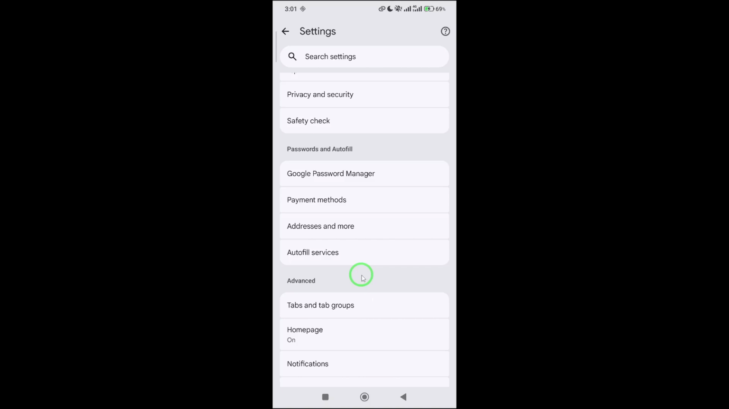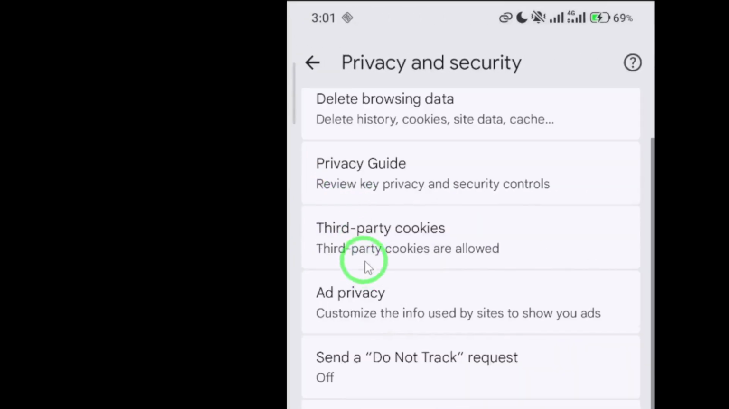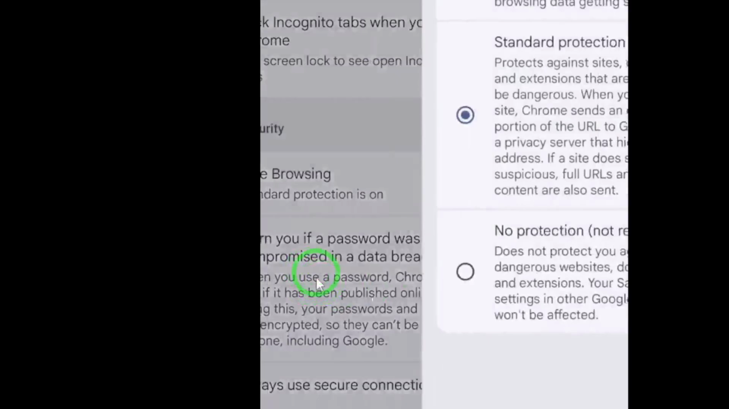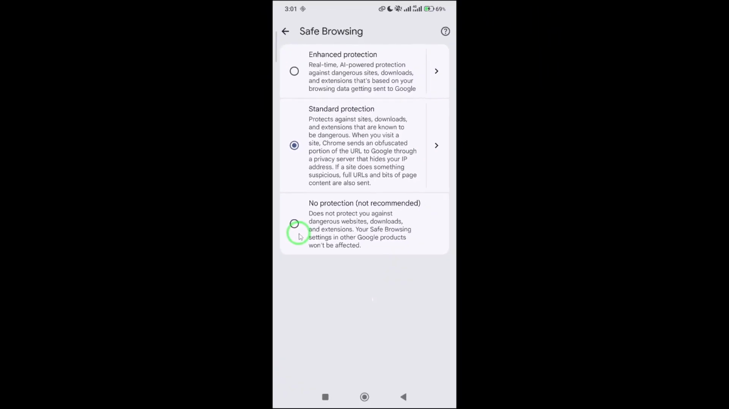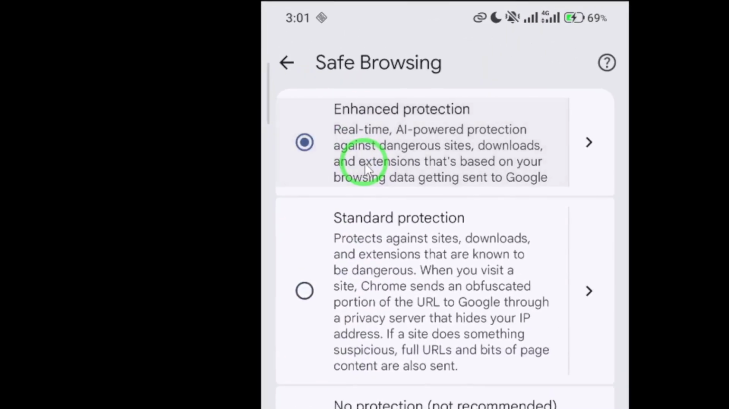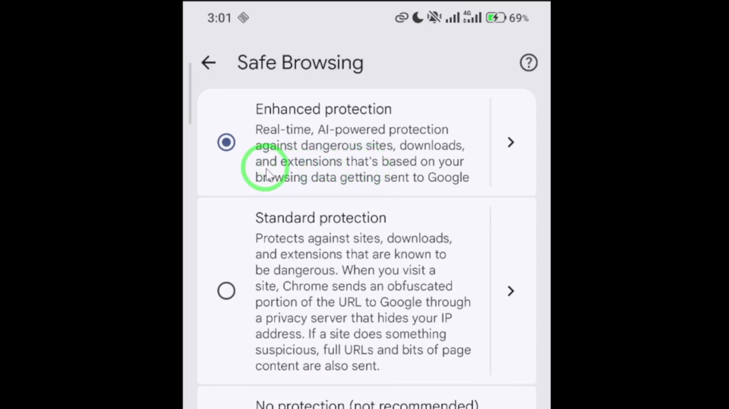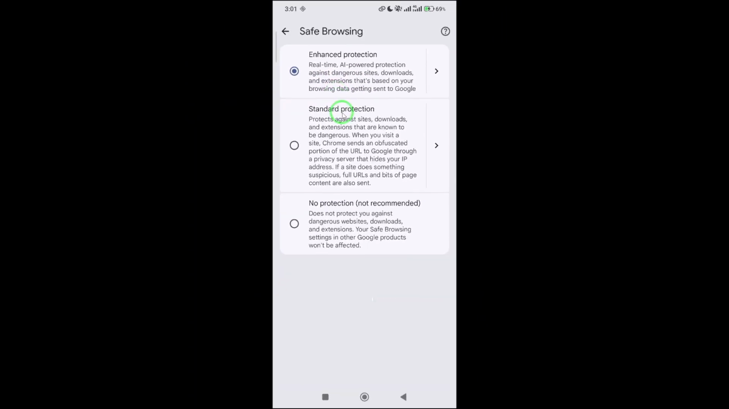Inside Settings, find and tap on Privacy and Security. This section is important because it gives you control over how your data is handled and how safe your browsing experience is. Next, tap on Safe Browsing. Here you'll see different levels of protection that Chrome offers to keep you safe online. Now choose Enhanced Protection. This option provides the highest level of security. It actively warns you about risky websites, protects you against harmful downloads,